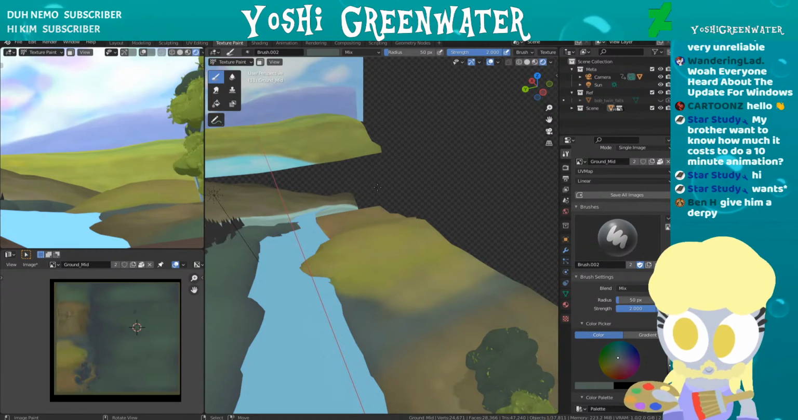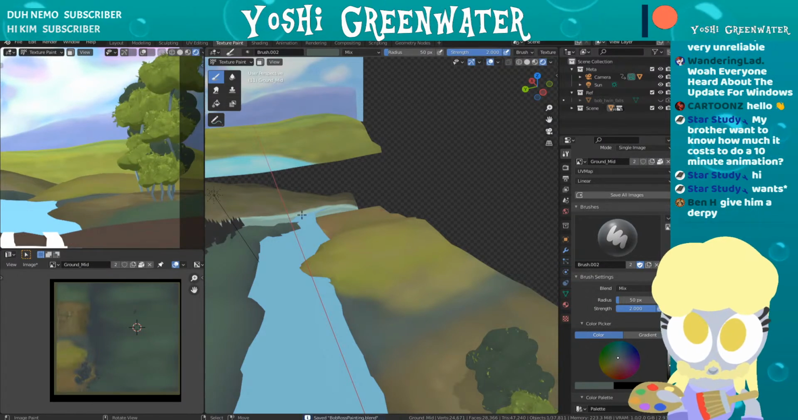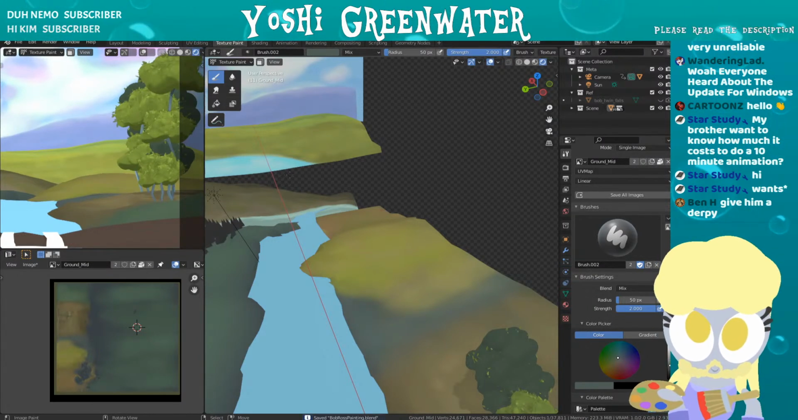Give him a derpy. Exactly. Just get an image. That's why a lot of people like images, because you have one picture, you're done. You don't have to draw